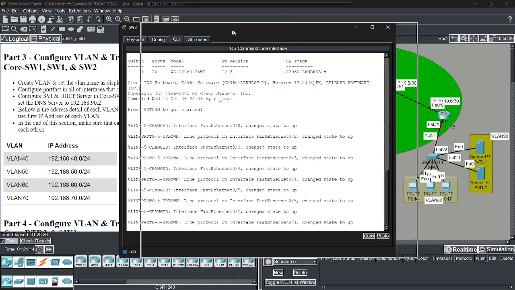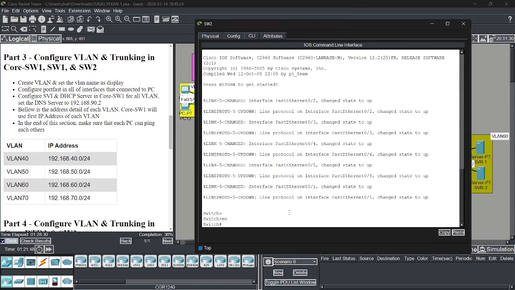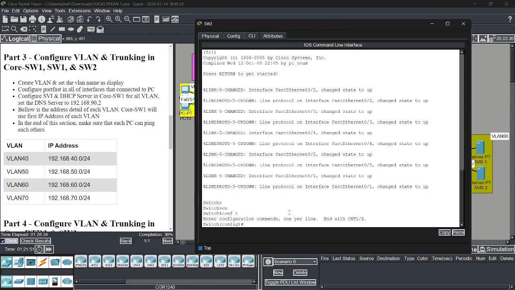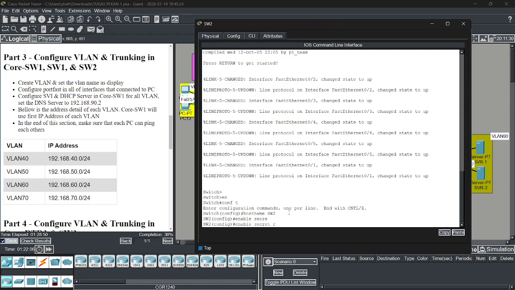Okay, enable, configure terminal, and then hostname, don't forget, switch 2, and then enable secret, just go.